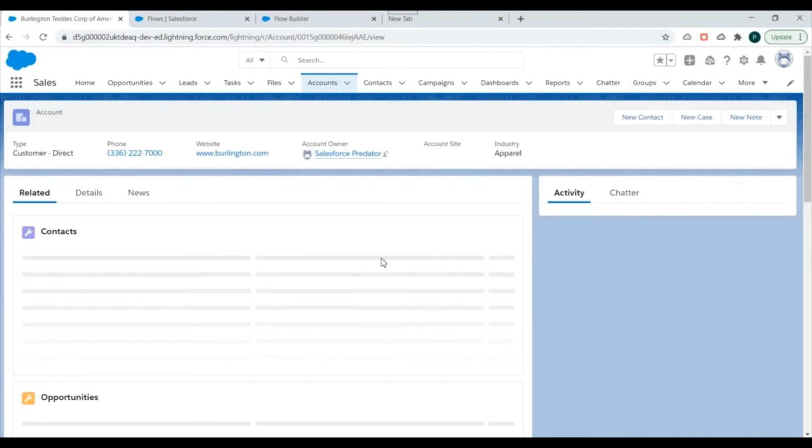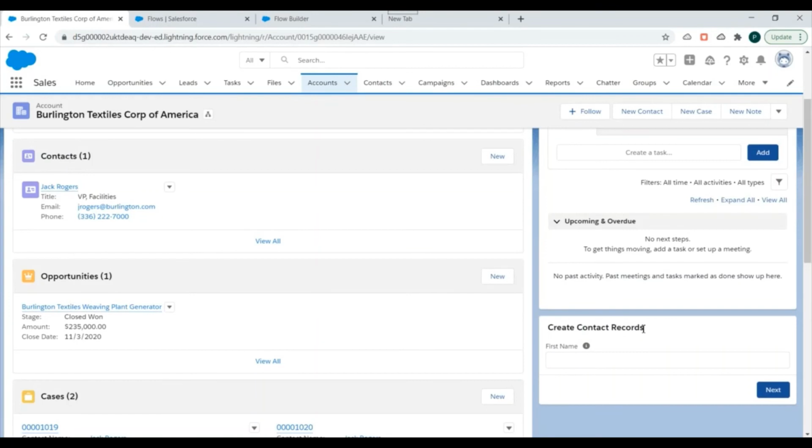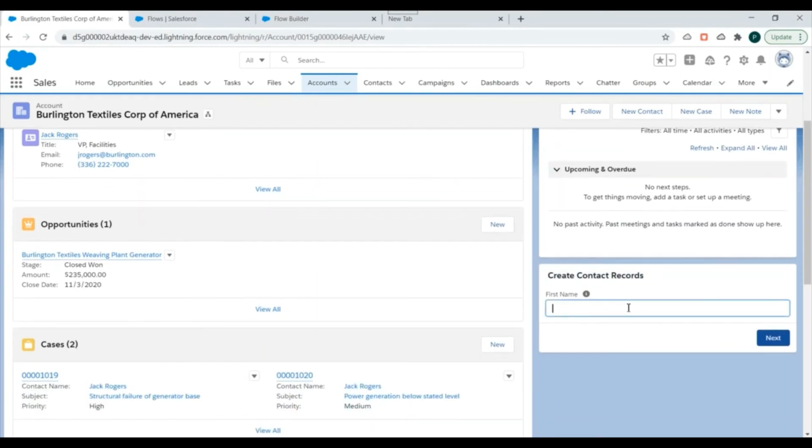Once saved, we can go back to the account record, and we'll see over here that we are able to see the flow. Now let's say I enter some values: demo as the first name, predator 1 as the last name, and an email address.